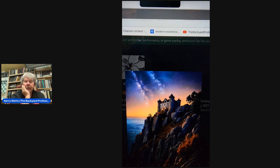Here's another one that I really, really enjoyed doing because I wanted the castle at sunset, but I wanted the Milky Way to show through in the sky at the same time. This is not something you see in nature. That's what makes this such a fantastic fantasy concept. I love how this does this. And I mean, you can use